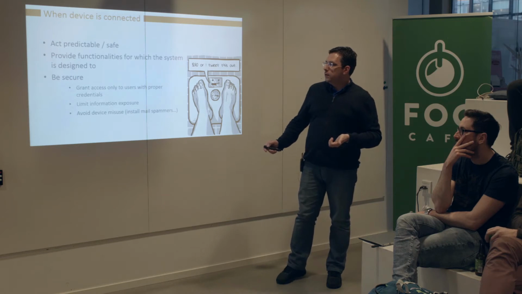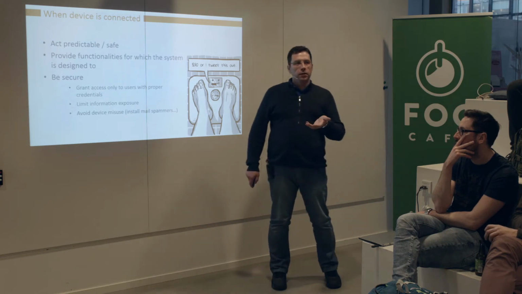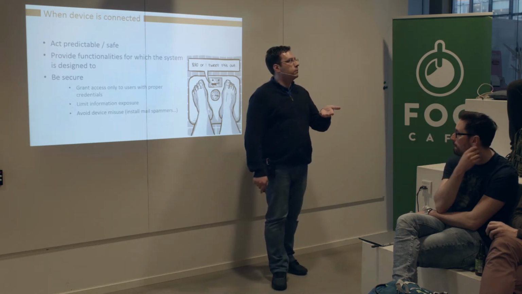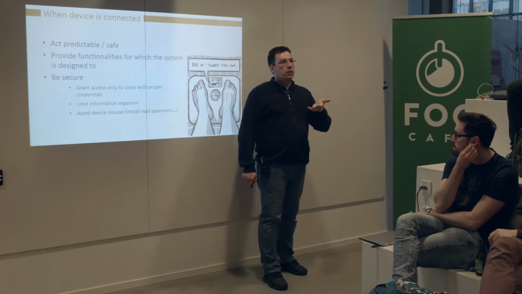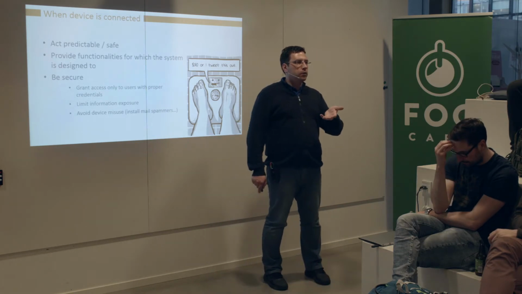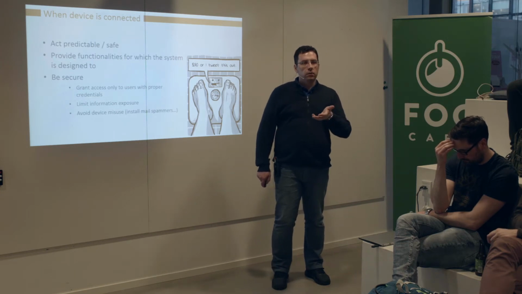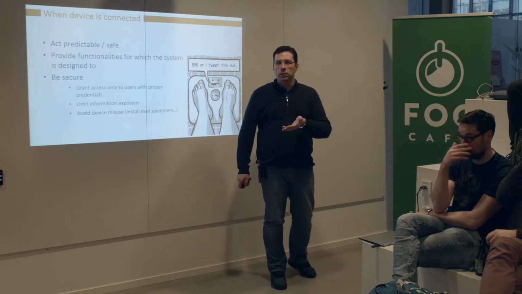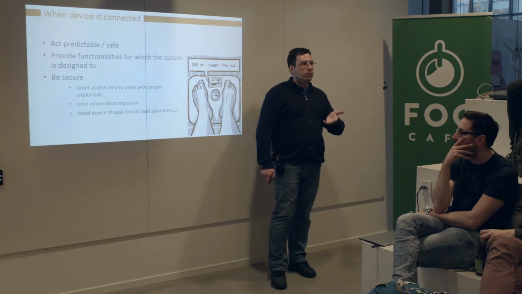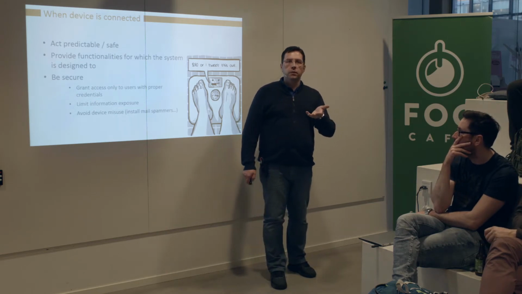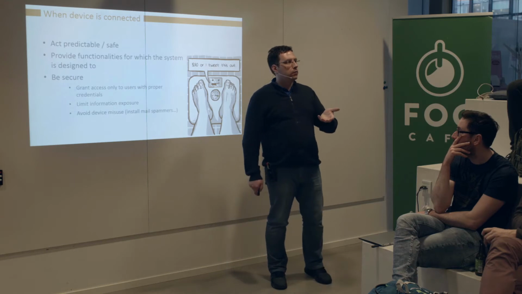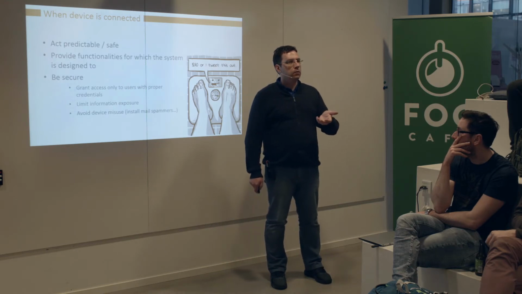It has to limit information exposure. For example, if there is a camera at your home, you have to be certain that the device is not exposing information from the camera to unauthorized persons. It is not only about the camera, it may also expose information on whether you are at home or not, meaning that a burglar will know if you are at home or not and attempt to enter your home.